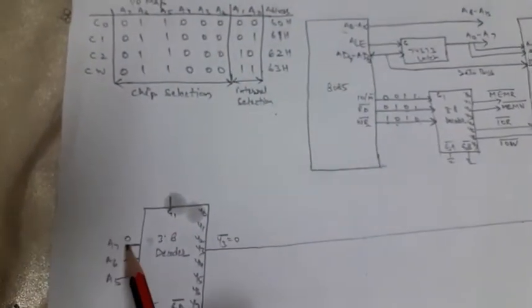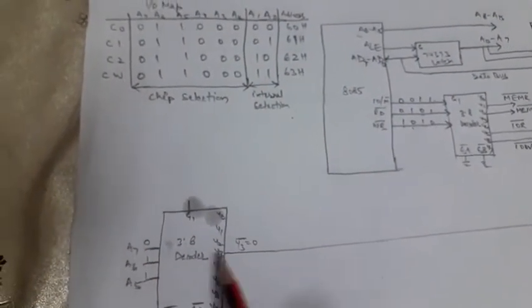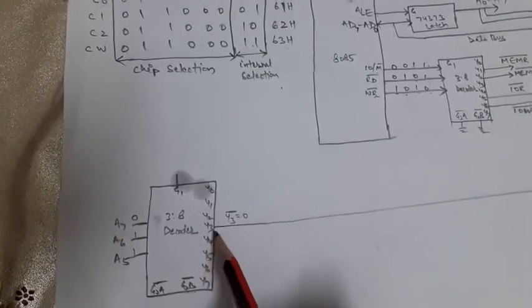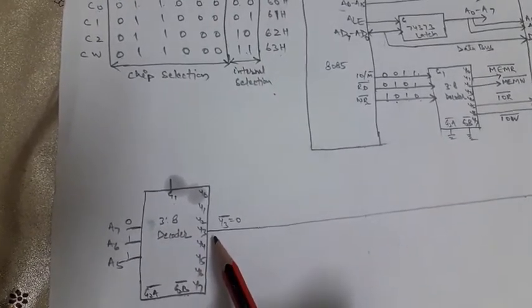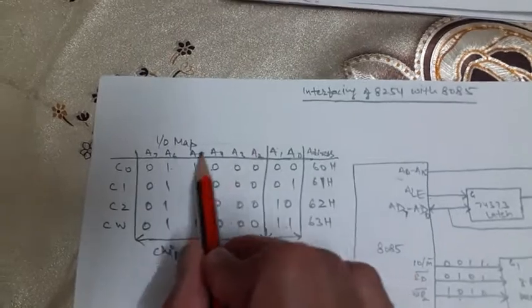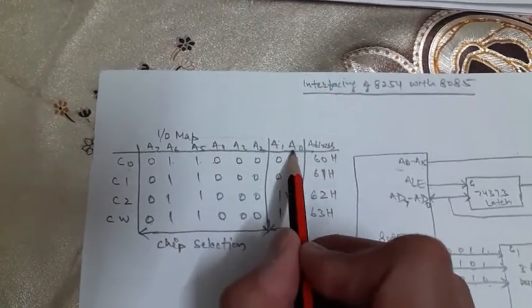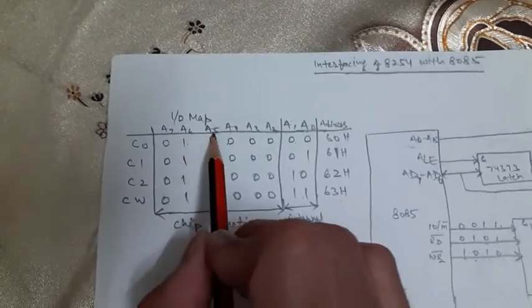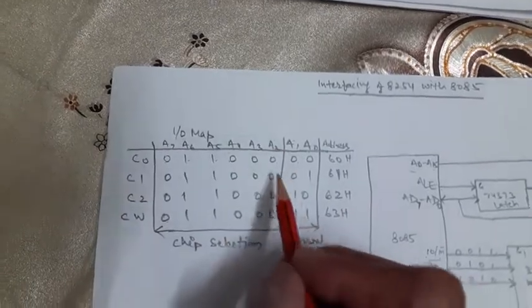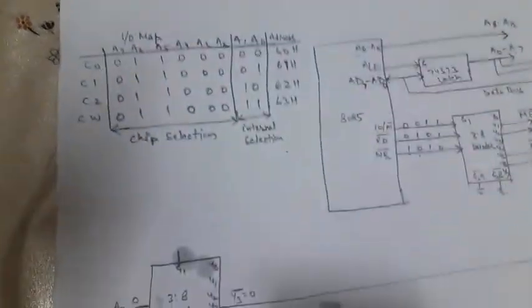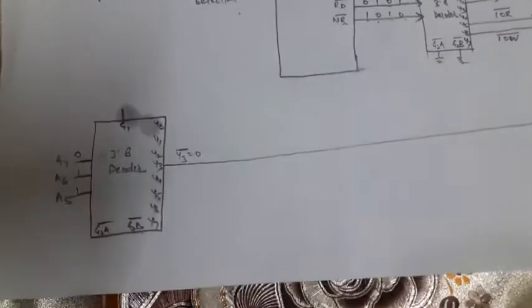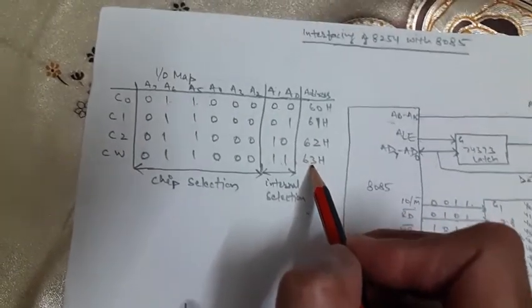If we leave the decoding over here, by connecting A7, A6 and A5 with 0 1 1, definitely this Y3 will be selected. Then it is called partial decoding, because we have not taken A4, A3 and A2 into account. A1 and A0 are used for internal selection and A7, A6 and A5 we have used as the input of the decoder. The remaining bits are A4, A3 and A2. So we need to take these three bits also into account, so that we can say that yes, we have done the full decoding.